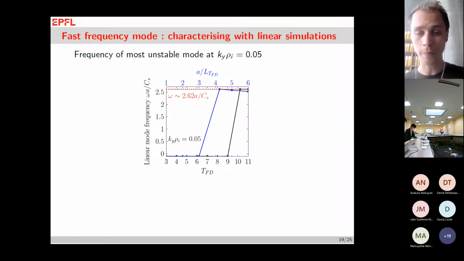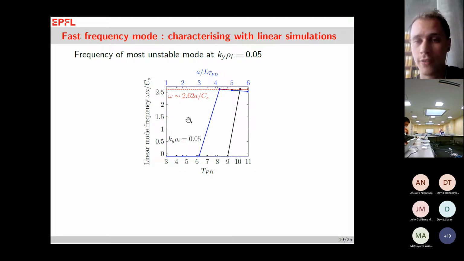it is sensitive to. So here I'm showing the frequency of the most unstable mode when we vary the fast ion temperature or the fast ion temperature gradients. The nominal cases are the ones that are shown with the dashed grid line here. You can see leads to a very high frequency component. However, if we very slightly change the fast ion parameters, for example, we go from the nominal 10 times the electron temperature to 9, we already make this mode subdominant.